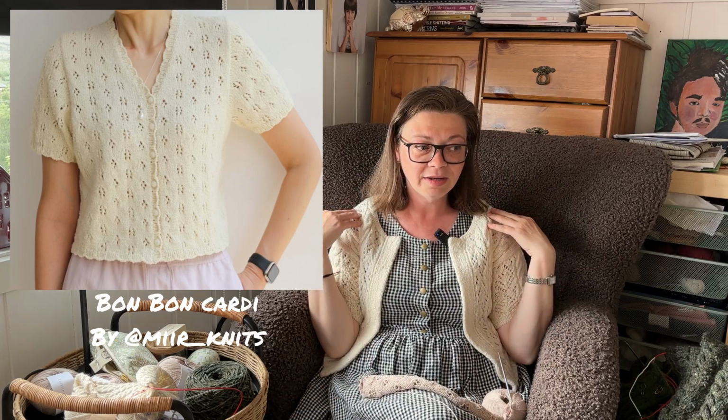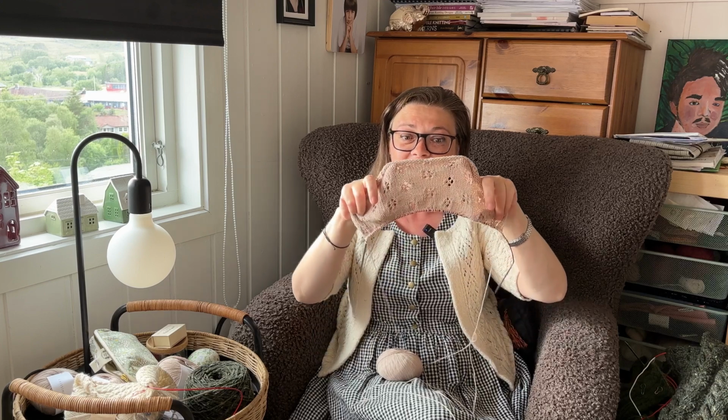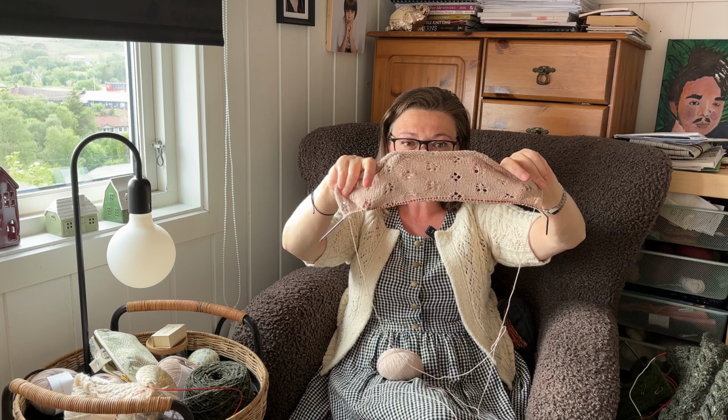It is a top-down lace cardigan. You can do sleeves like I have here at this length, or you can do long sleeves. I think I will go with a short sleeve for the moment, and I know this is a pattern I will make again, and it has somehow like set in sleeves, which will be very interesting to make for a better fit. I'm knitting size 3 in the pattern,